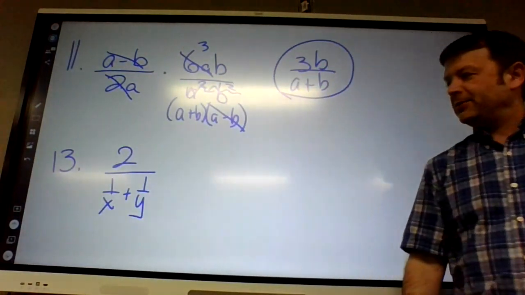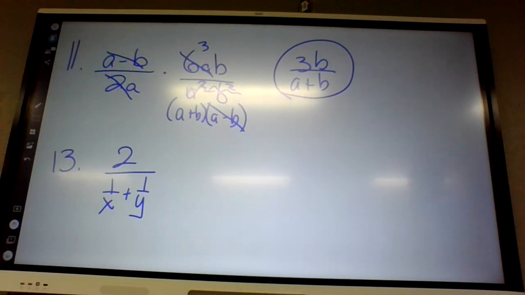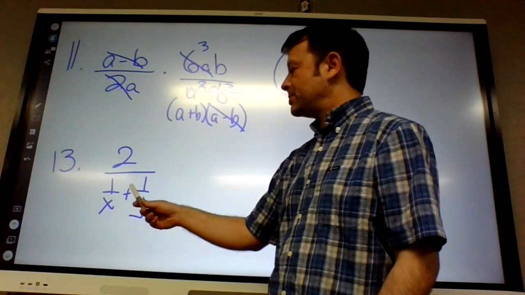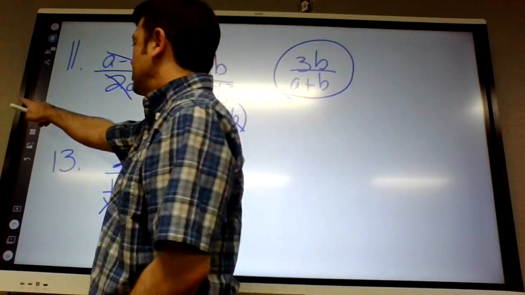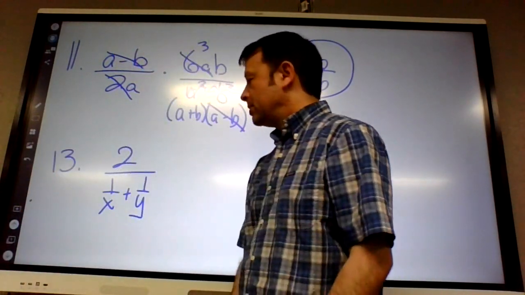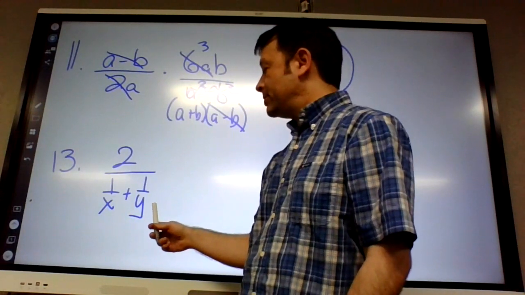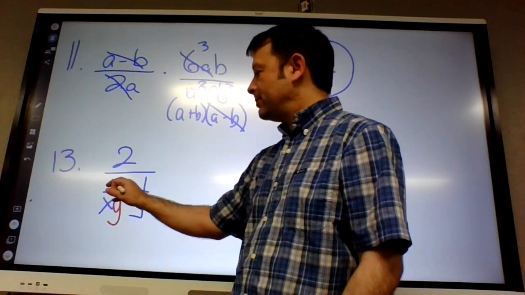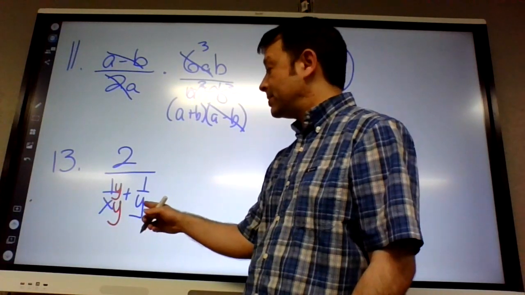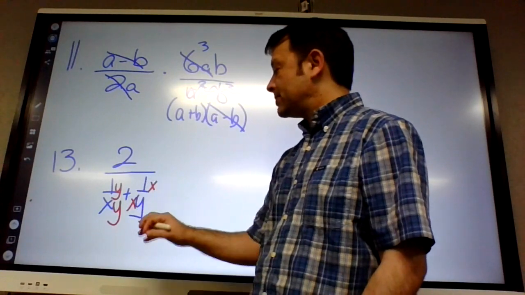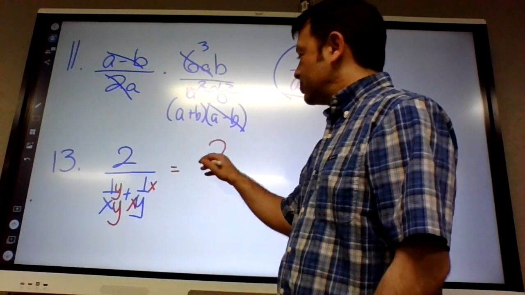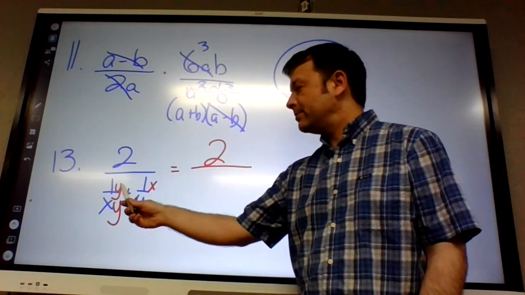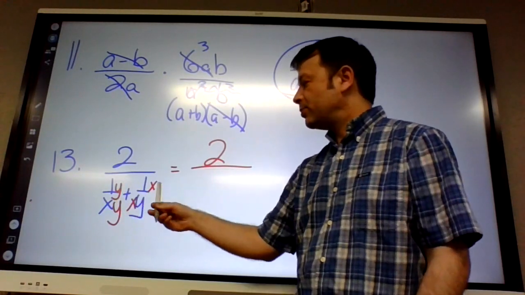Okay, this is division again, but the denominator, the bottom part, is separate, so we need to add them together first. So how do I put 1 over x plus 1 over y together? Give each a common denominator. What do x and y both go into? xy. So this one's missing a y, so the top gets a y too. This one's missing an x, so the top gets an x too. Okay, so on the bottom, it's just y plus x